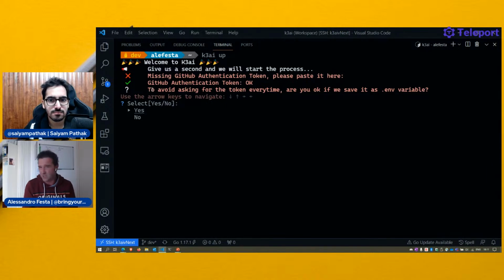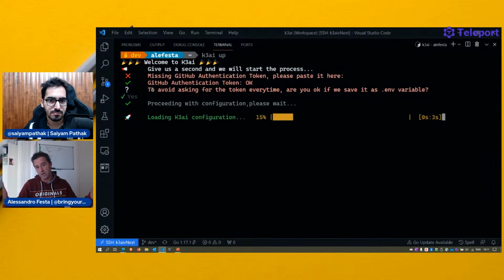Now, because we don't want to ask you for the token every time, can we save it? You can even say no, we will ask for the GitHub token every time. But if you say yes, we will just take it. I warn you, we are saving your token as it is as an env file in your computer. There are plenty of ideas and plenty of other approaches to do that. That was a simple way to start.